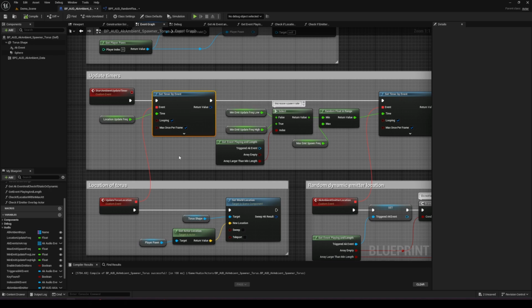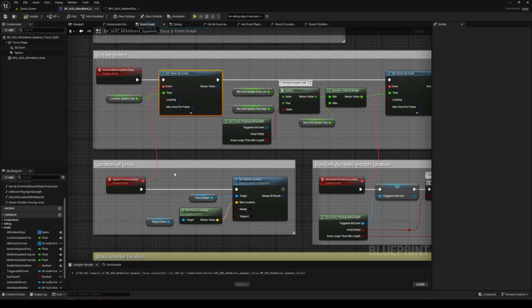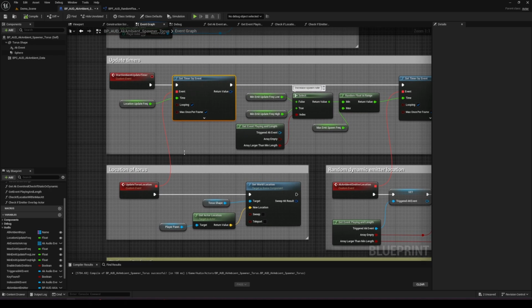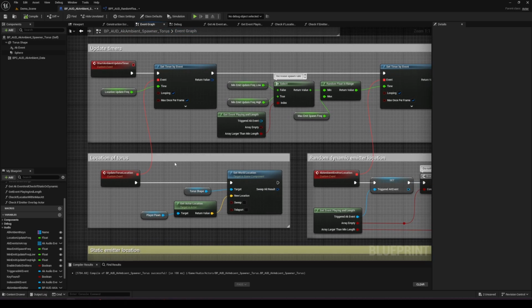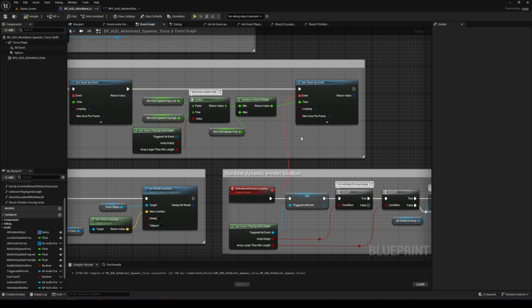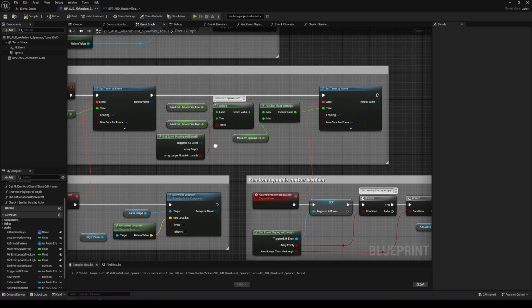Now I have two timers here, and the first one is responsible for updating the location of the torus. I have this as a public variable, so if I want to change how frequently it's updating its location based off maybe player velocity or something, I can do that. And the second timer is responsible for controlling how often an AK event is going to be playing within the